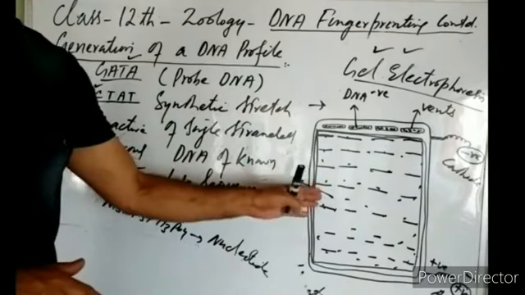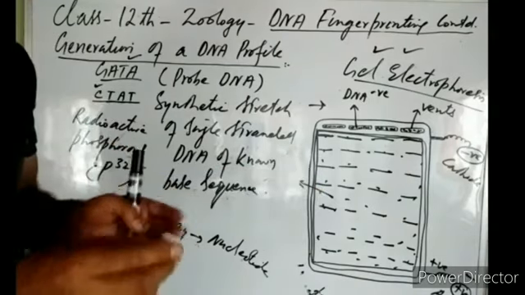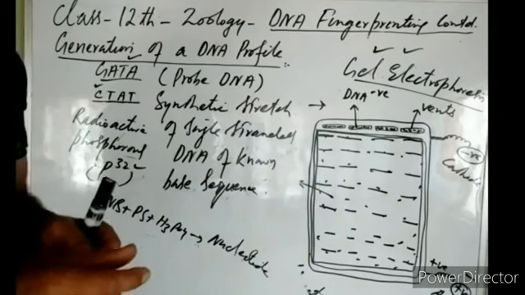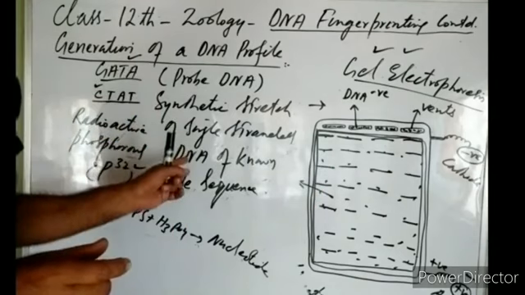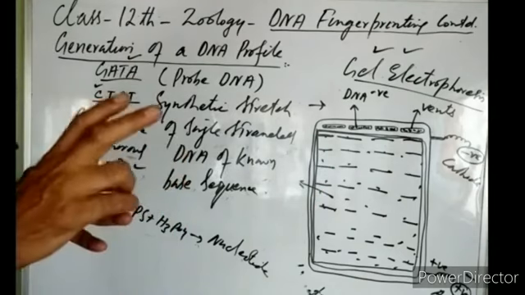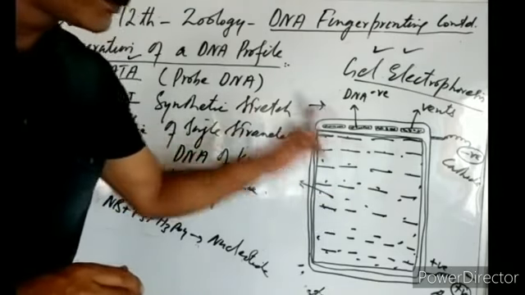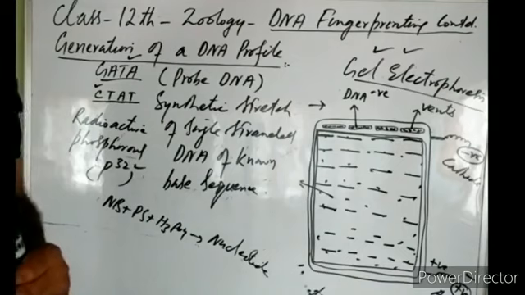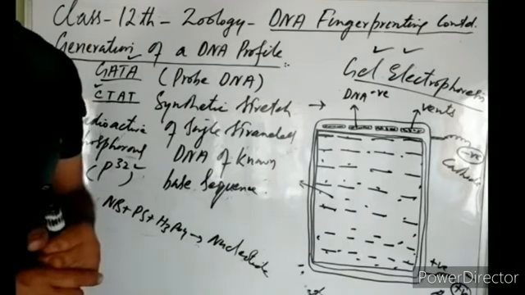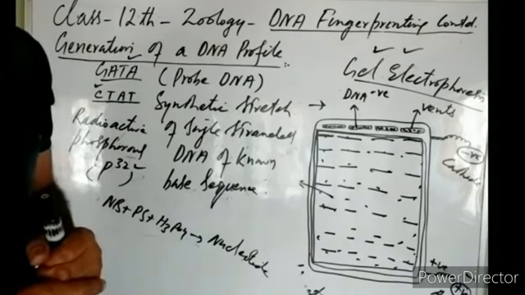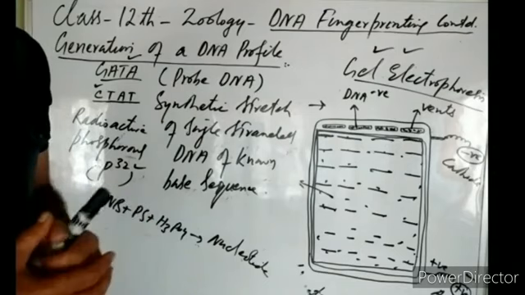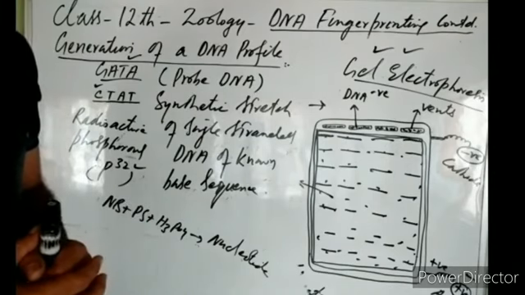On the nitrocellulose paper, we had sample DNA in the form of single strands, right? These forensic scientists are looking for a specific sequence. They are trying to locate the GATA sequences in this sample DNA. So how will they locate these GATA sequences? They cannot see them by their eyes. They cannot see them by microscope. So they have to identify them chemically.